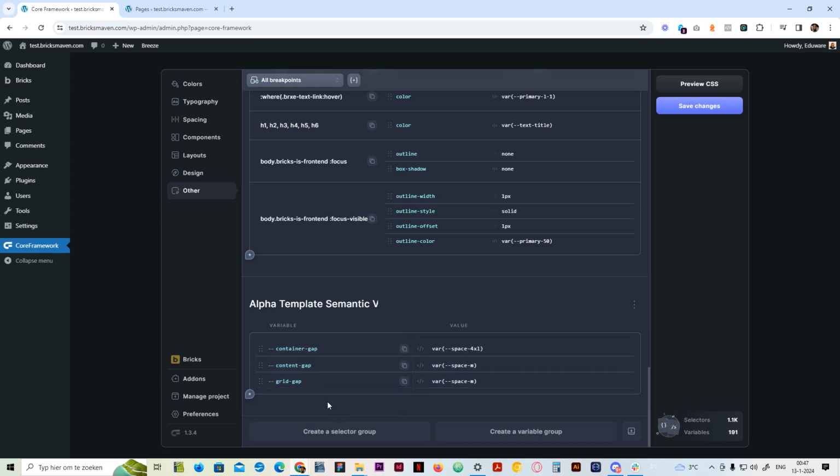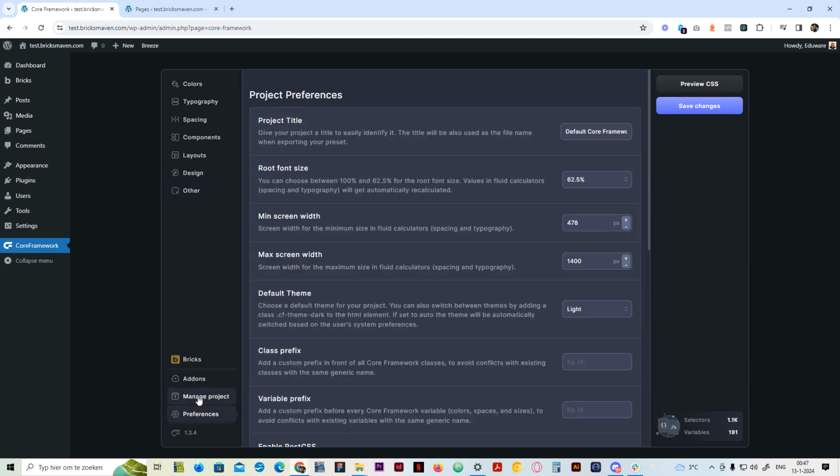Now that we've gone over this stuff, I've spoken a lot. I would like to talk about preferences. So your container width needs to match the max screen width set in core framework. The default container size in bricks is 1100 pixels. For core, it's 1400 pixels. The reason why this has to match is to make sure that your fluid spacing and typography reach their maximum